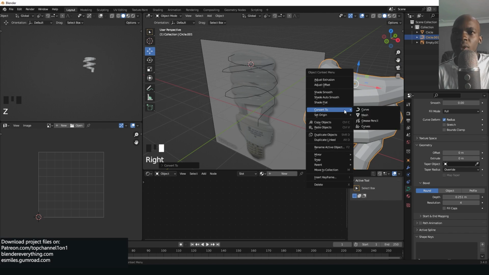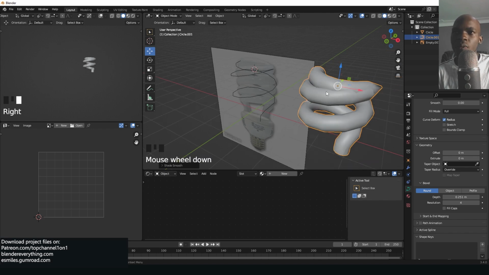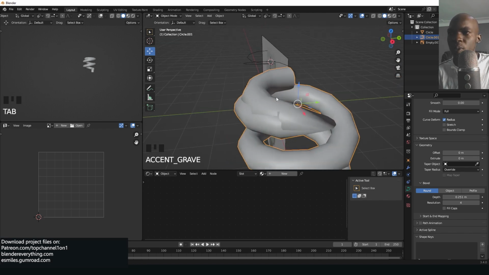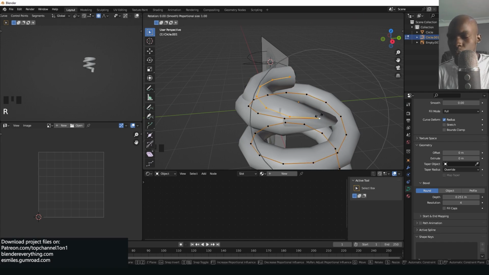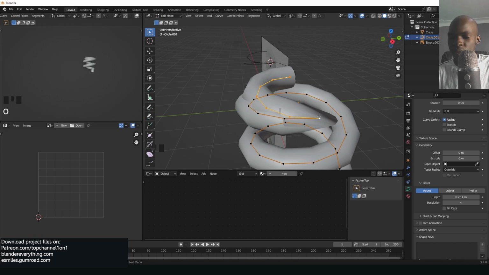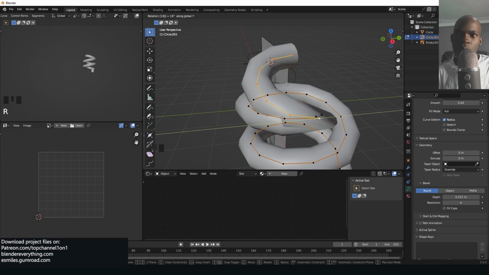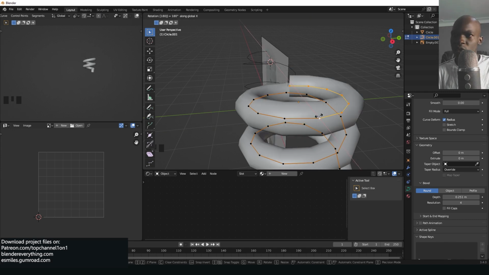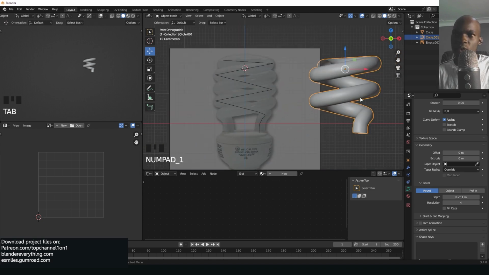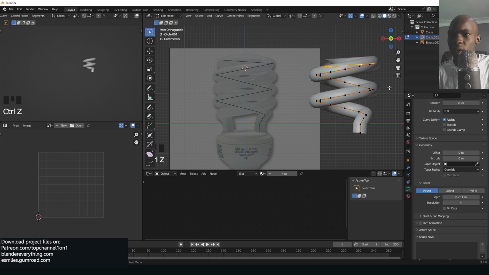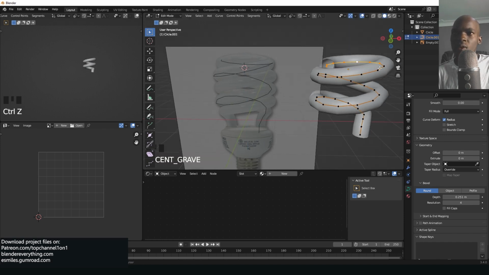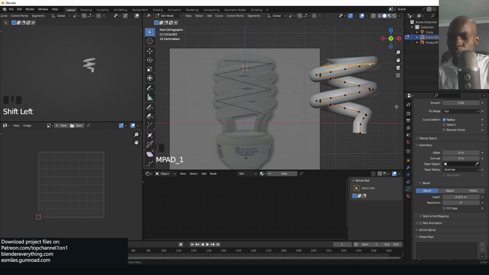So we have something like that. If I shade smooth, oh, one thing I forgot probably was to rotate this on the X 180 degrees. And it should be on the Y, like that. So yeah, that would be the next thing, and we might want to align this again. So maybe rotate it a bit,